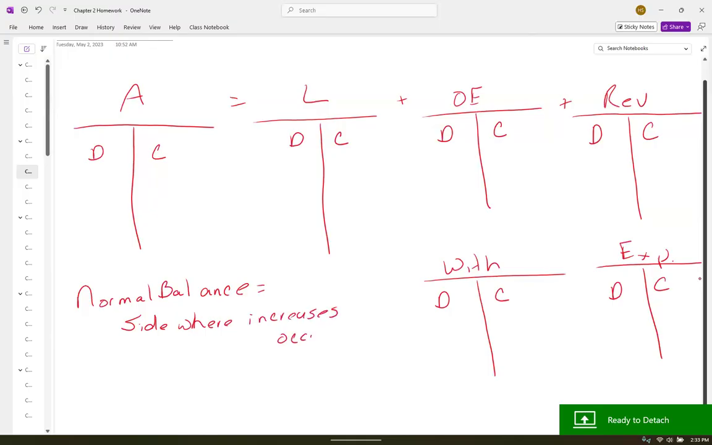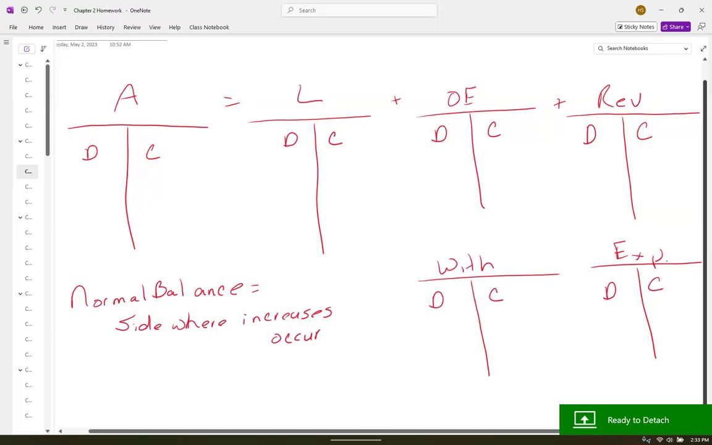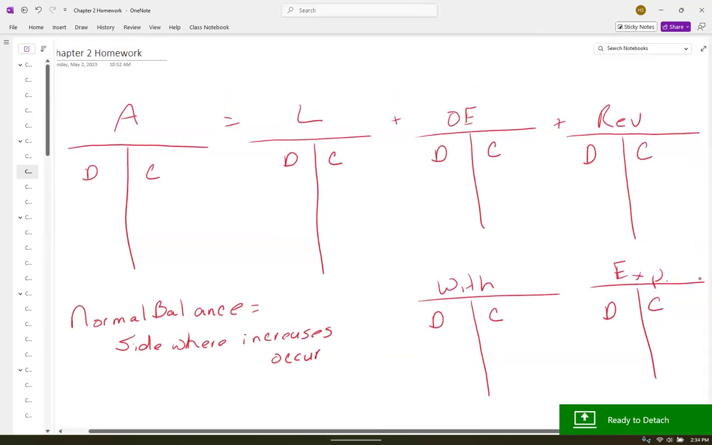The side where increases occur. All right, so I'm going to do assets and we're going to walk through the rest of them, just basic terminology and reasoning it out. Assets will always have a normal debit balance. So what that means is if I want to make an asset go up,